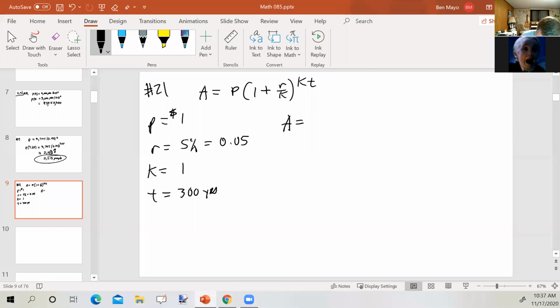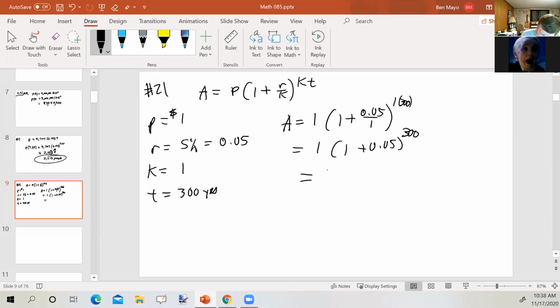A equals 1 times 1 plus 0.05 over 1 to the 1 times 300 power, which is 1 times 1 plus 0.05 to the 300th power, which is 1 times 1.05 to the 300th power. Now, I would have to do this part before that, but I know that at the end, 1 times whatever is going to still be the whatever. So if I put that into my calculator, 1.05 to the 300th power, I get